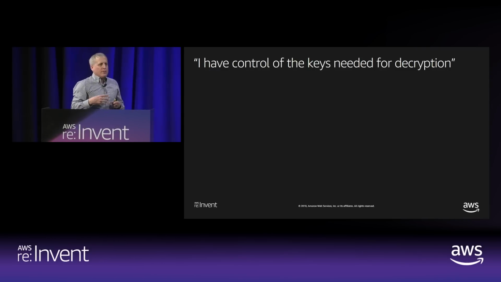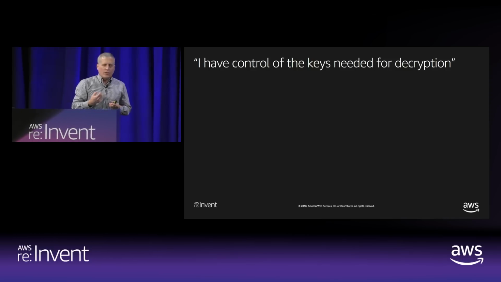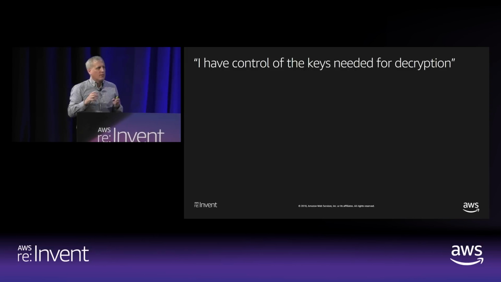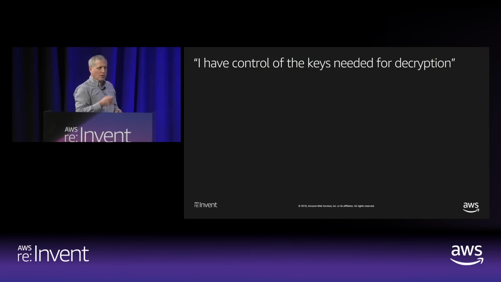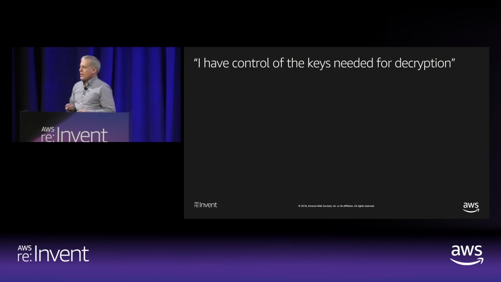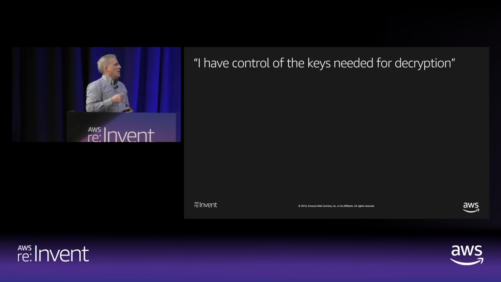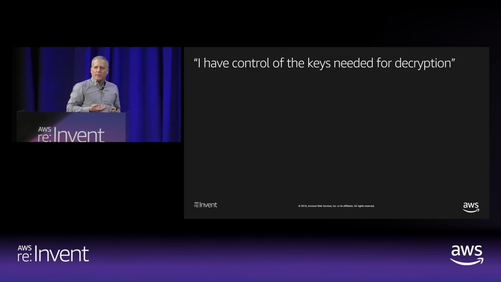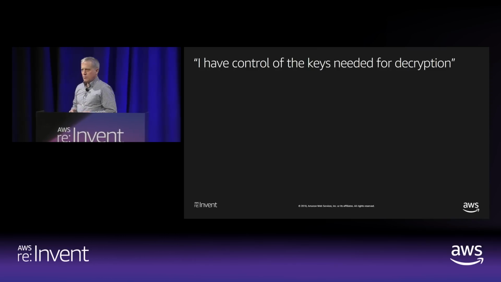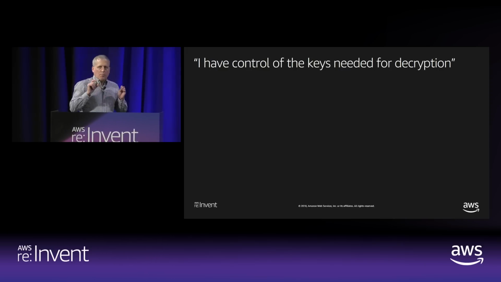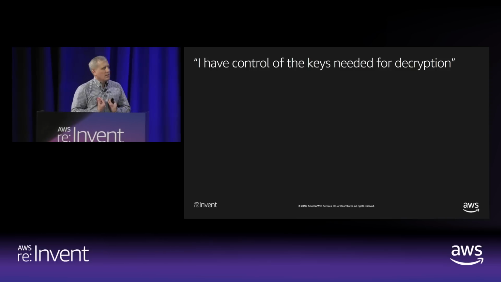All right, so Peter talked to you about all the ways that you can define access control in terms of network-based access as well as the resource itself. So if there is an Amazon Resource Name, an ARN, for the resource, then you can make that a condition. You can build a policy on the resource itself, depending on the service, and you can control which identities will get access to that resource. A lot of people say, well, but I'm not quite sure whether or not I like that resource to be in plain text on disks in data centers that you will never let me visit in person.